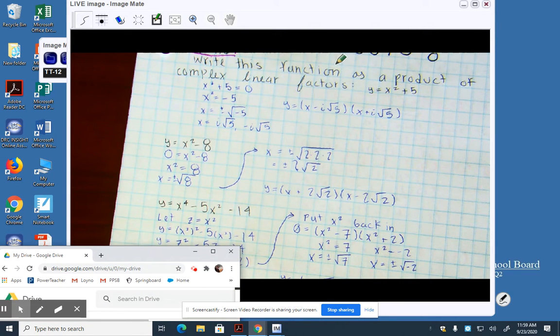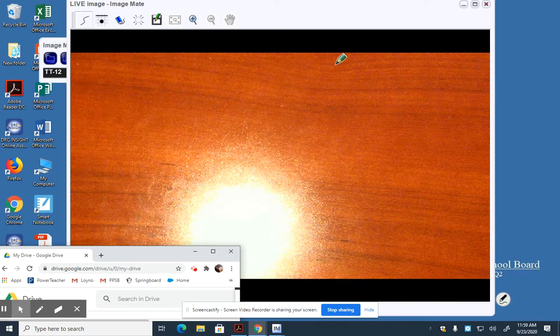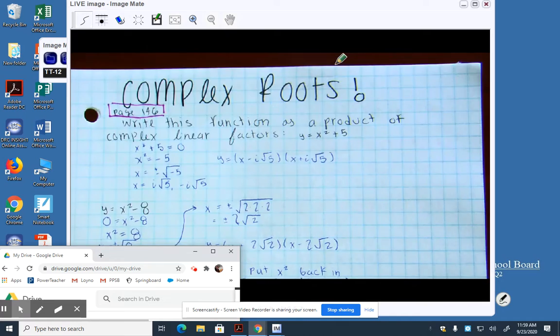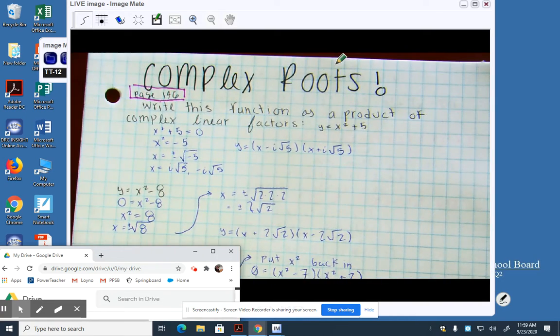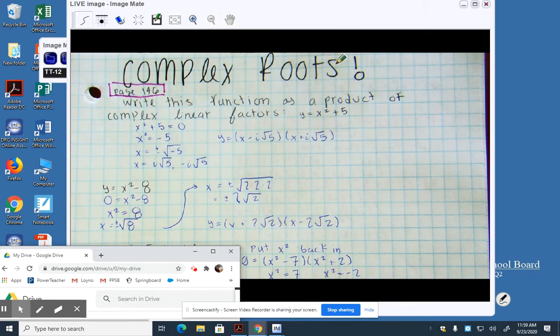Advanced Math Honors. We are done with theorems, yay! But we still have one more day to talk about these polynomial roots, because I want to take a microscope and zoom in on complex roots,